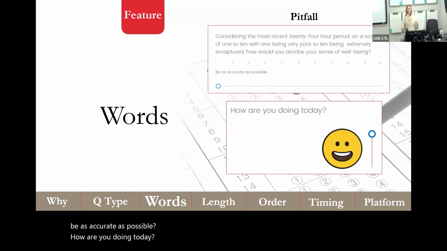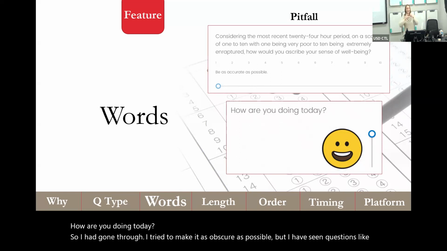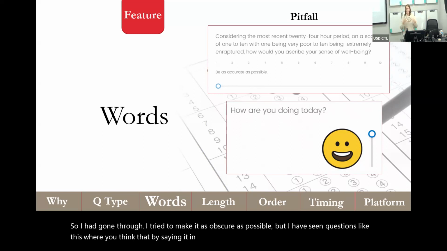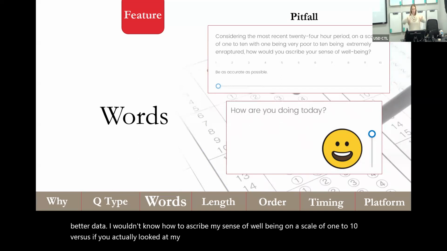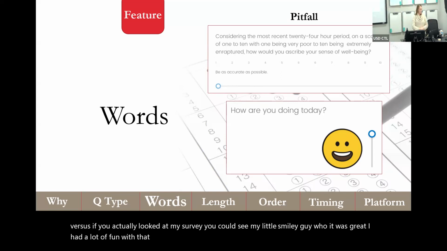So I had gone through, I tried to make it as obscure as possible, but I have seen questions like this where you think that by saying it in these bigger words, it's actually going to give you better data. I wouldn't know how to ascribe my sense of well-being on a scale of 1 to 10 versus if you actually looked at my survey, you could see my little smiley guy who it was great. I had a lot of fun with that one. So with this,